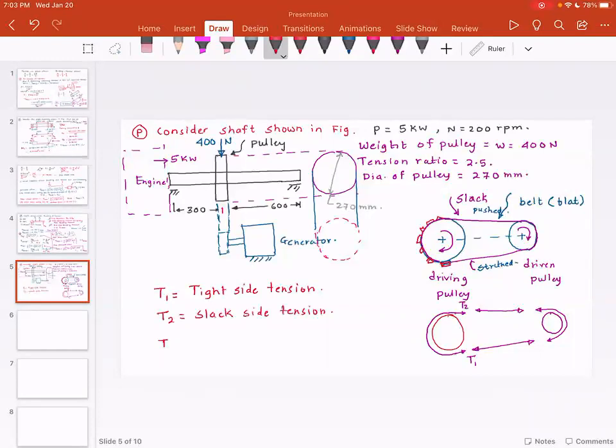T1 divided by T2 is called the tension ratio. If we get a chance, we will study the power transmission and design of belt drives, but I want you to remember this equation just in case. It is given by e to the mu theta, where mu is the coefficient of friction